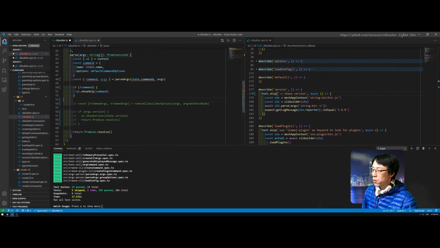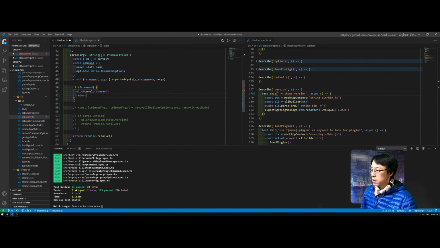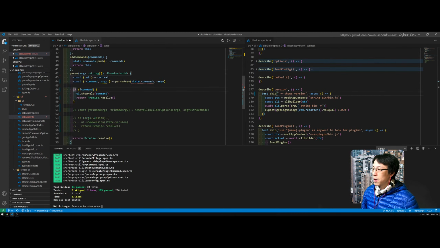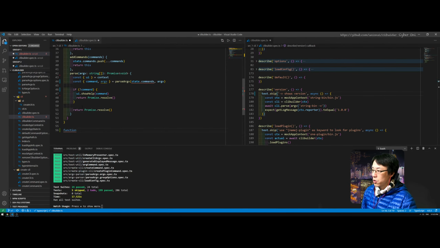I don't need to throw, and just do it like that, and then return. Oh, I don't need this. Like that. Okay. Might as well just remove this, keep the code simple, and then I have a function